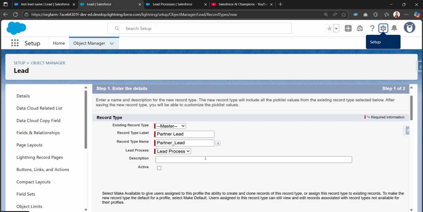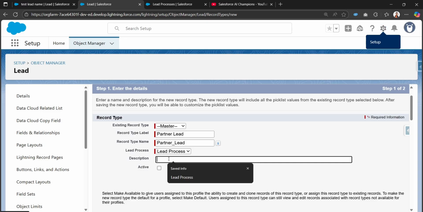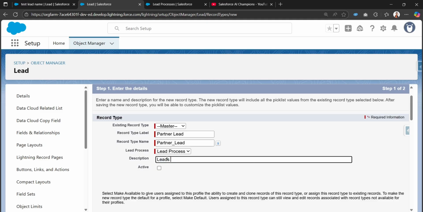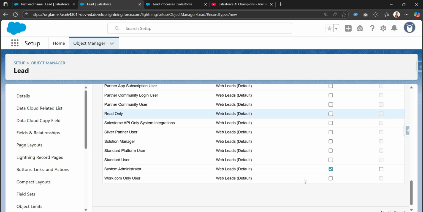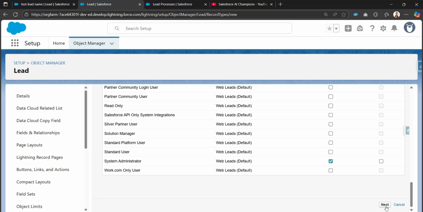So as of now, I am just using this existing lead process, as the lead process is the required field for creating a record type. And let me just provide the description like leads referred by a partner company or organization. And we just need to select this active checkbox, and we can make it available to the system admin. As of now, I'm just selecting this system admin user. For this system admin user, this record type will be available, and let me just click on next,